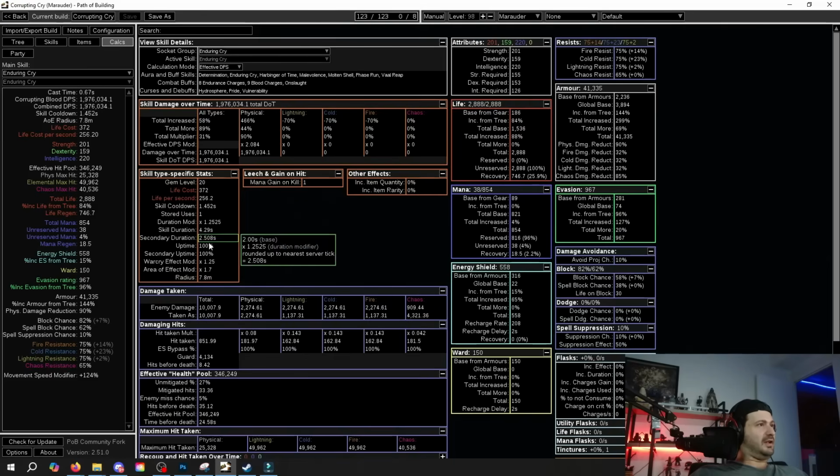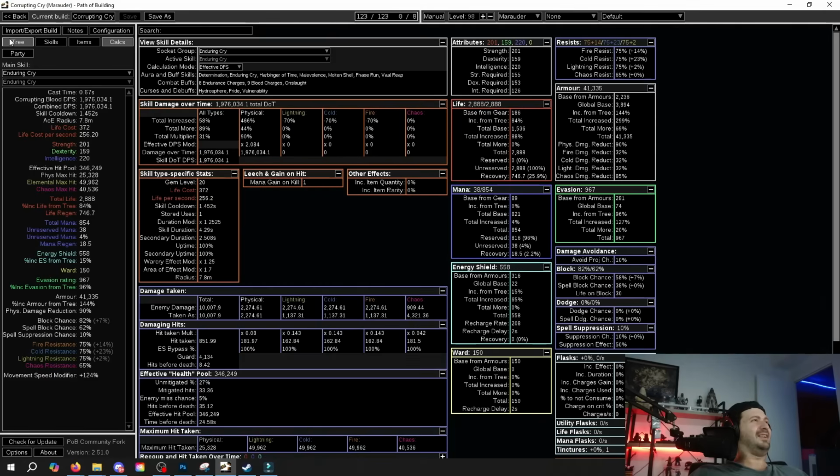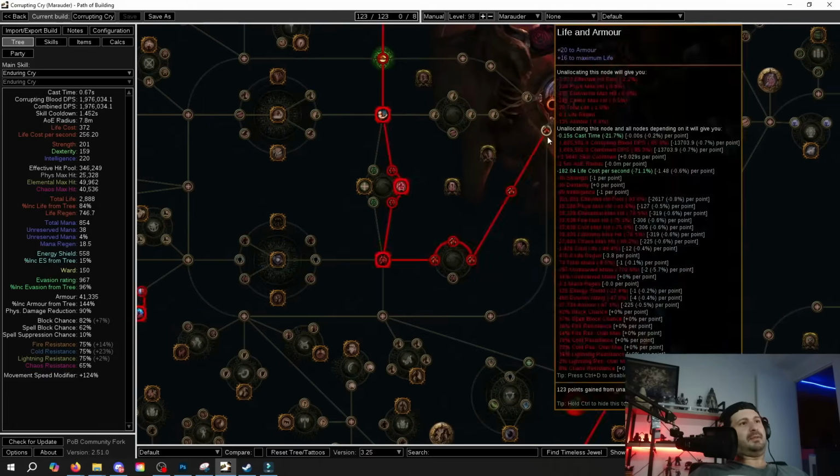Where is it? Uptime, Warcry, skill cooldown, 1.45 seconds, it's saying. That's pretty fast. Yeah, okay. No, it's not fast enough. Could be faster. So anyway, skill tree wise, basically we come down on the health nodes at the very